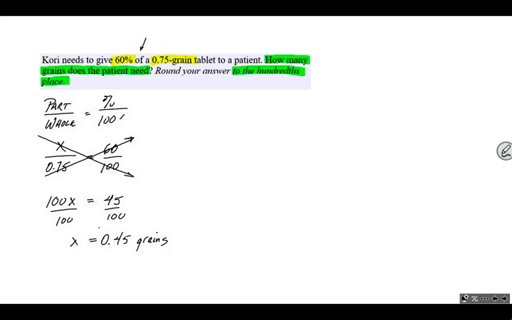So our final answer for this problem, the patient, if they are getting 60% of a 0.75 grain tablet, they